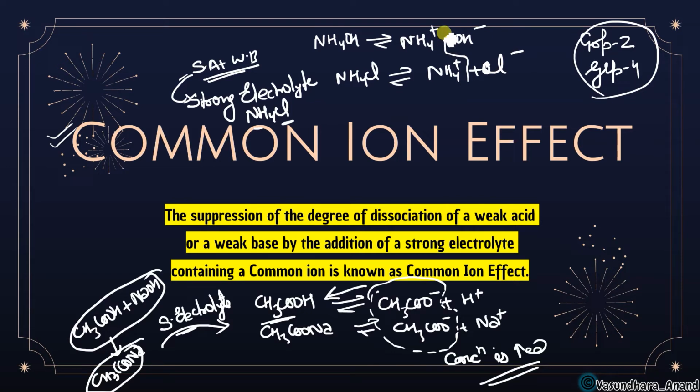So again the concentration of NH4 plus is going to be increased, and that's why the reaction will shift in this direction, and instead of getting these ions, we will get this. That's the reason in the third group, if you can remember the lab reactions, in the third group we get the precipitate. Oh sorry, I have written here third, it is group 4. Fourth I have written, it is group 3.